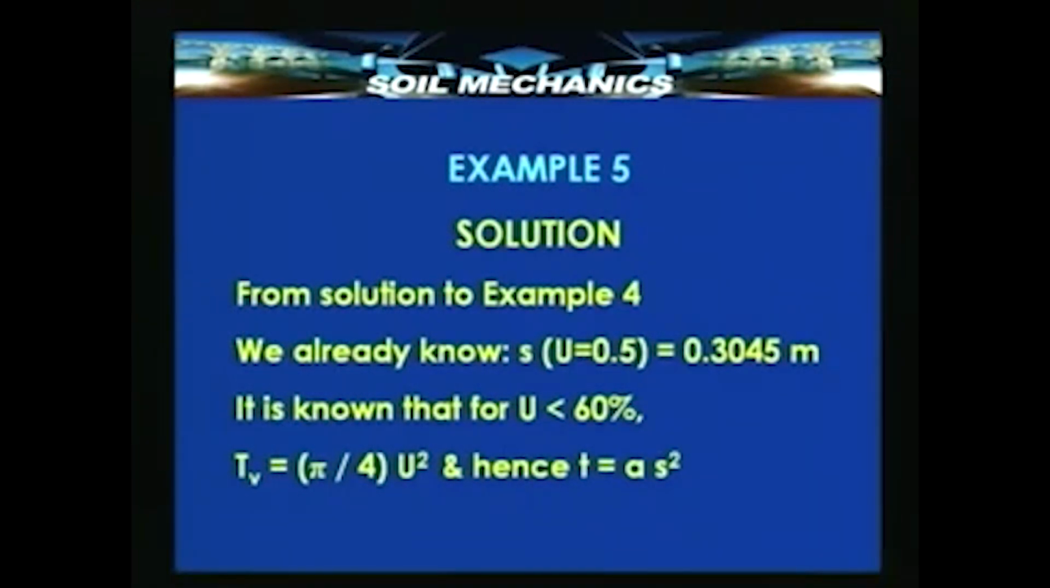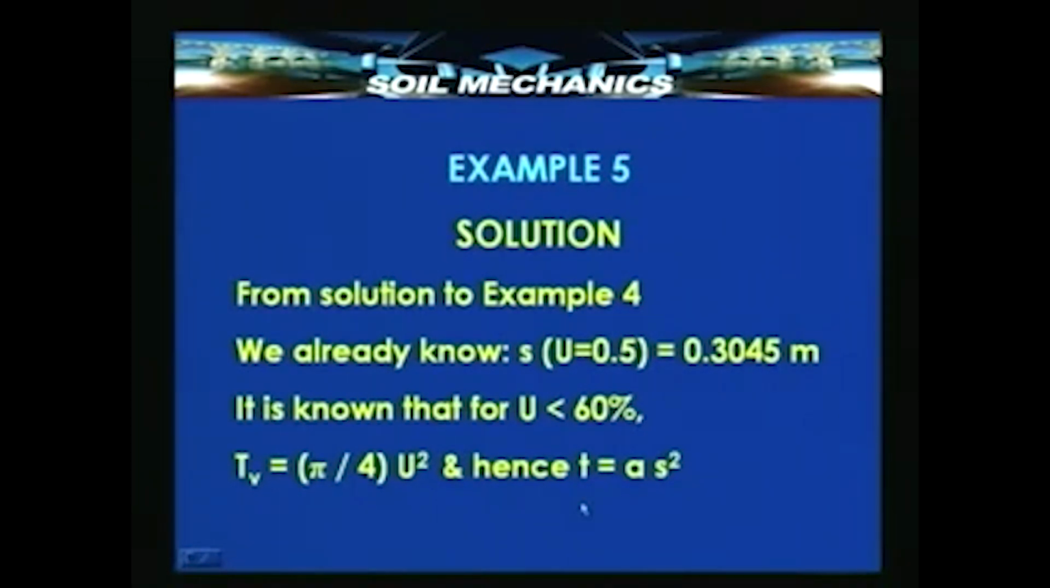We have already solved this problem, and so we already know that the settlement corresponding to 50% consolidation and 1 year is 0.3045 meters. This we had computed earlier. Now, we know that this is less than 60%, and therefore, we can use this formula Tv equal to pi by 4 U square,